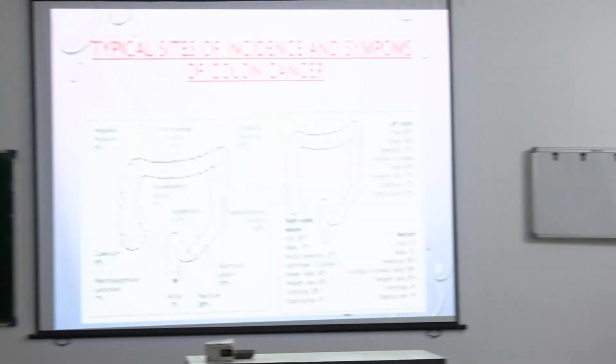Here the cells lining the colon, the colonic epithelium, turn malignant. The benign colonic epithelium turns into malignant. First of all, there is dysplasia of the colonic epithelium, and then this dysplasia changes to malignancy. So, it can begin as a polyp. These are the main sites of colonic carcinoma.